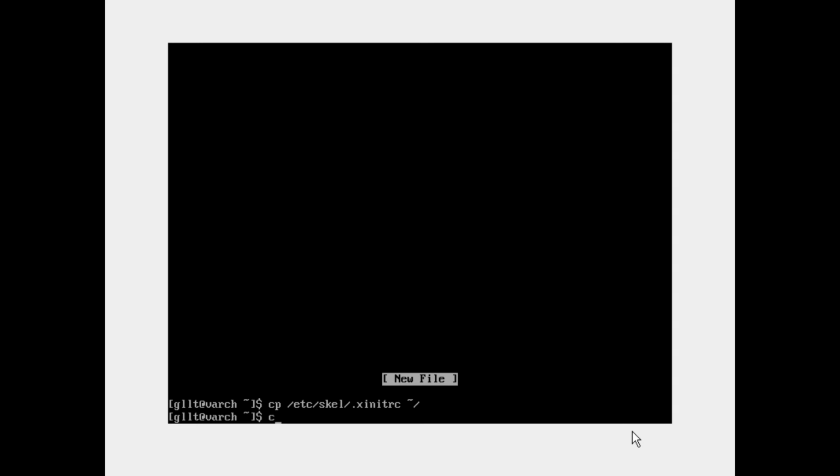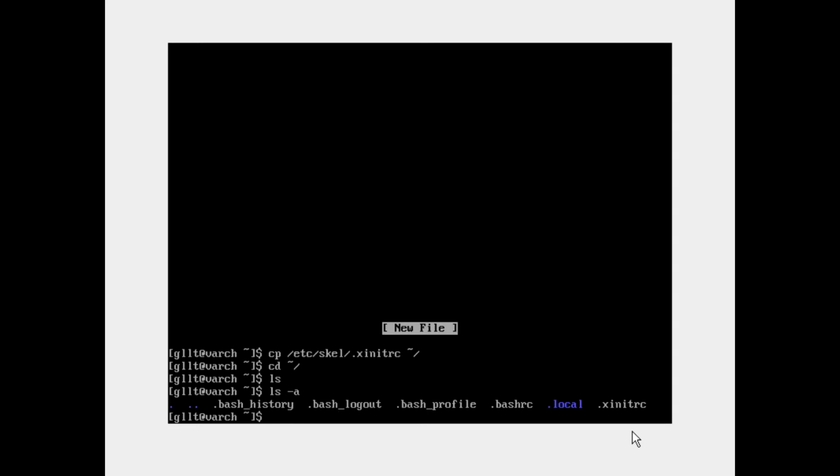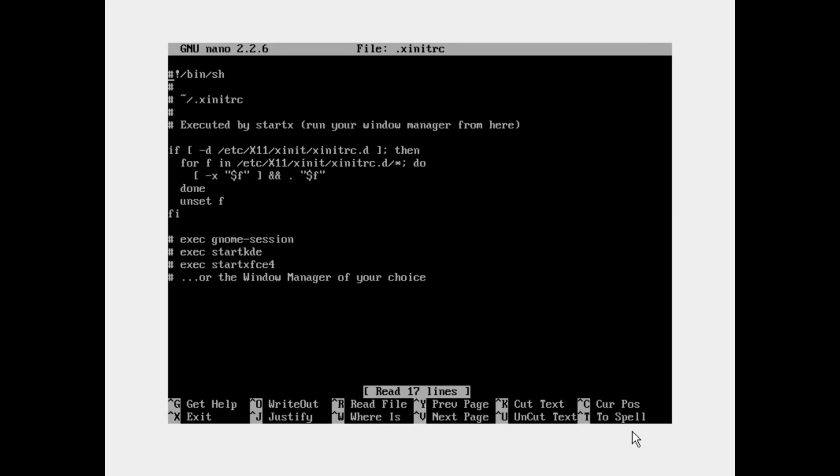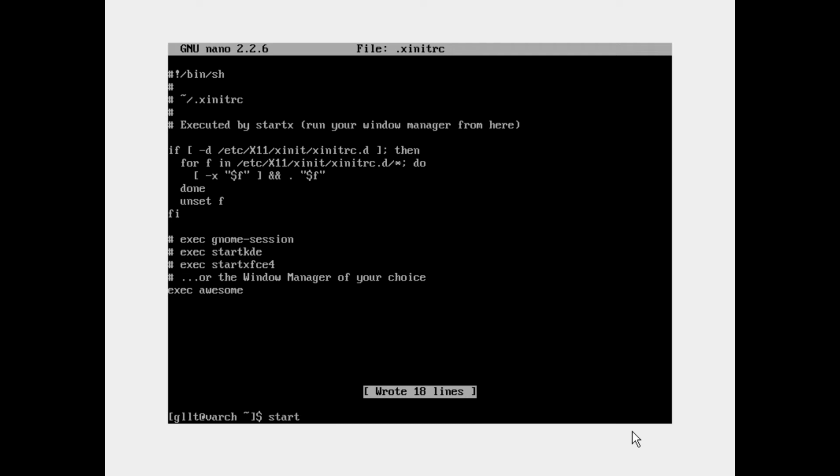Just copy it to home. By the way, this is home. It always takes you there. Now you have a basic version, or start the window manager of your choice, such as awesome. Now, if I did that right,